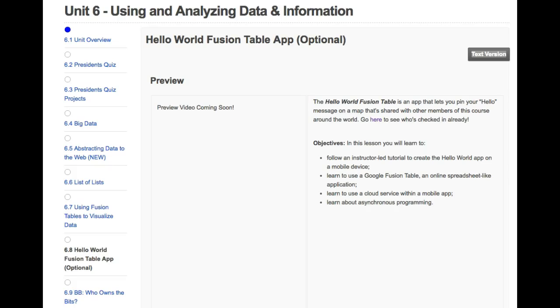Mr. Minnick here, teaching my App Inventor students how to use fusion tables, an exciting data structure that's implemented in App Inventor through the courtesy of Google, who created fusion tables. Here we are in the student 6.8 section of our curriculum, and this is an optional assignment, as you'll see,